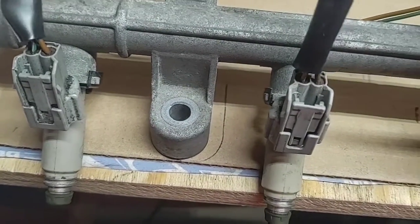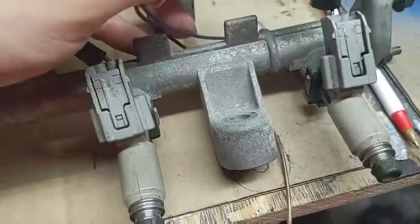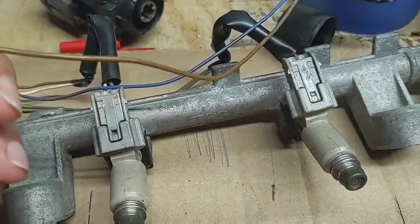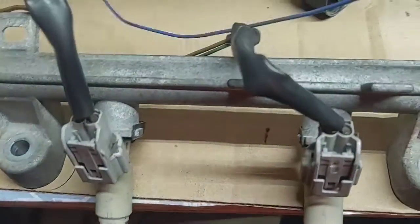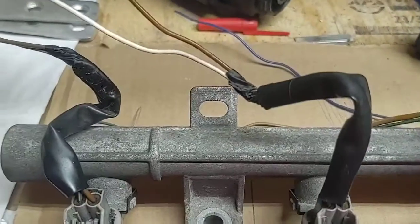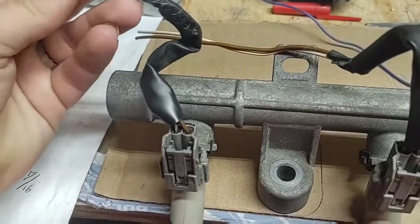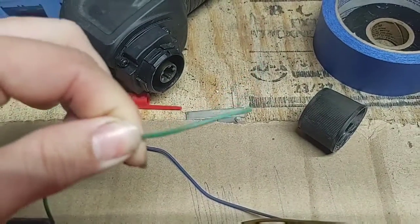It looks like we have a common ground amongst these injectors on this. Am I going to have a common ground on mine? I don't know. But that's good to know that I have a common ground. It'll make things a little easier. They're all brown. None of them have a stripe or anything else on them. So we got common ground and then a power wire. This one here is green with a white stripe. This one here is solid green,